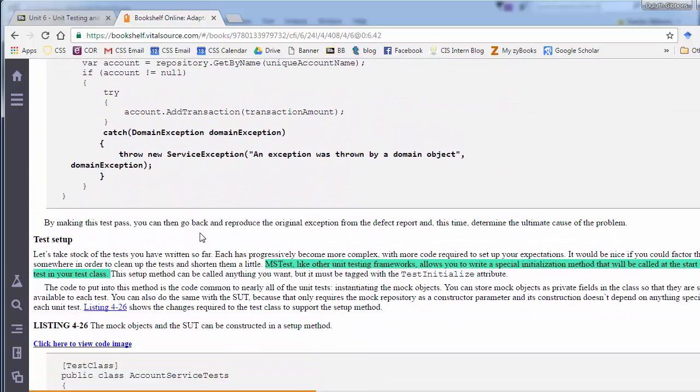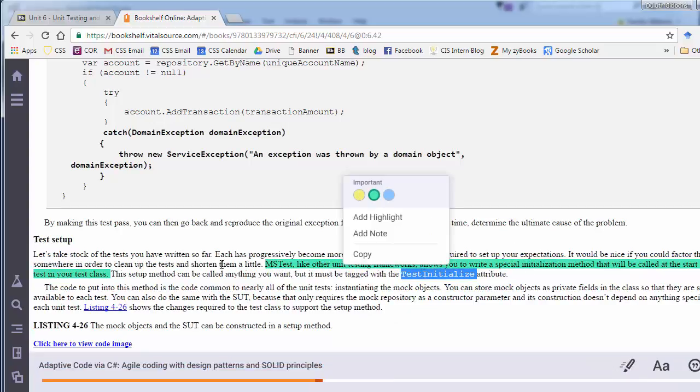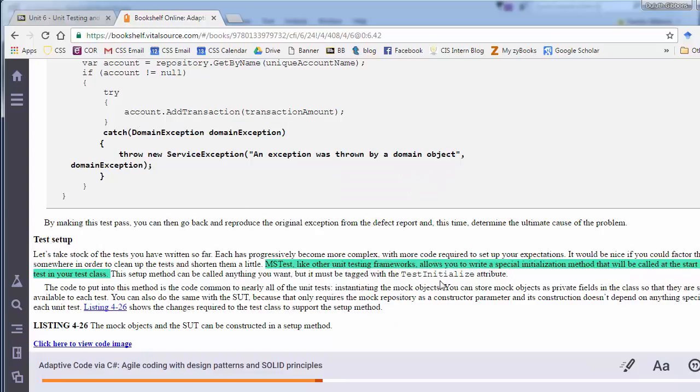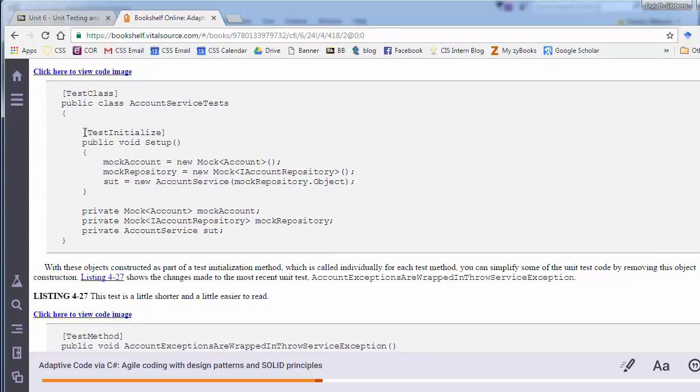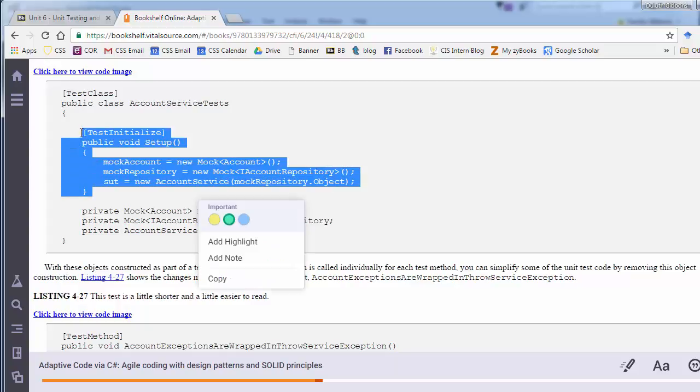Okay, now sometimes when we run these tests, we want to be able to run them automatically a lot. MS Test has this framework for it. If we're often setting up a complicated test environment, we can create a method with the tag test initialization, and call it like setup or something like that. And this will be guaranteed to run at the start of every test in this class. So if you're doing a lot of mock setup first,